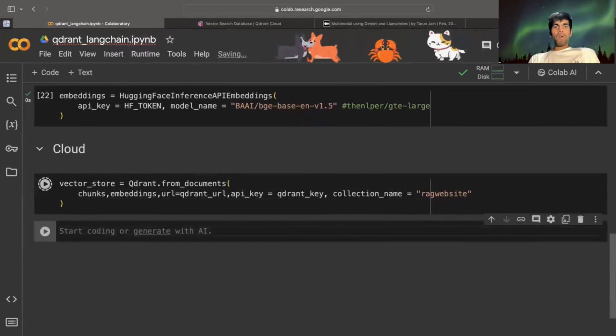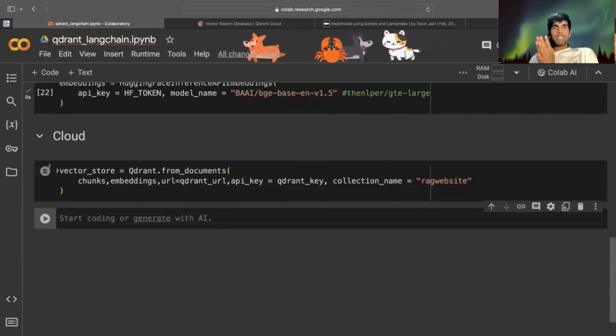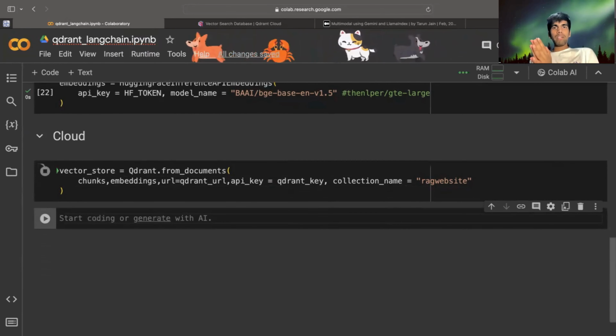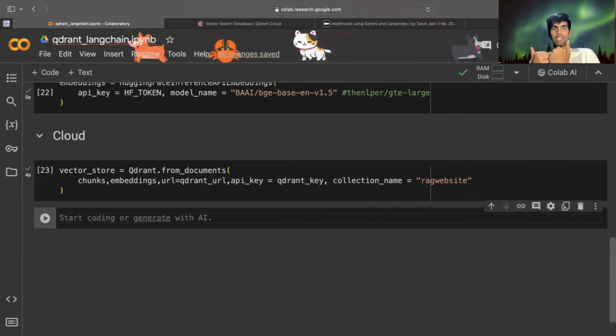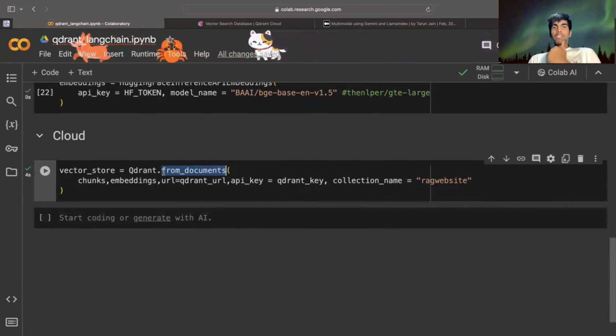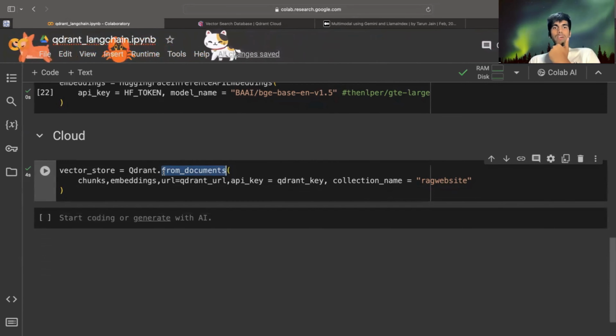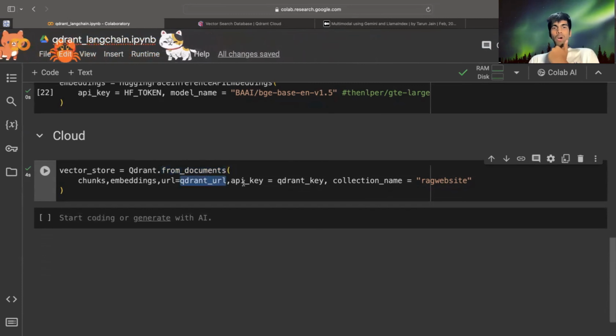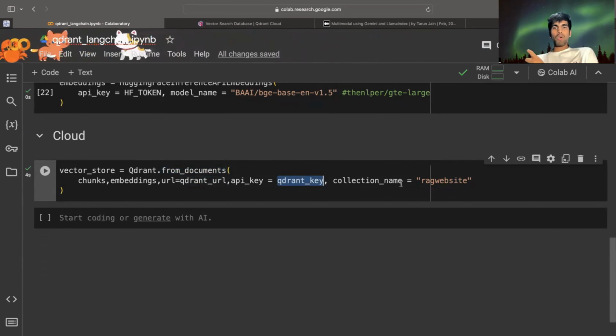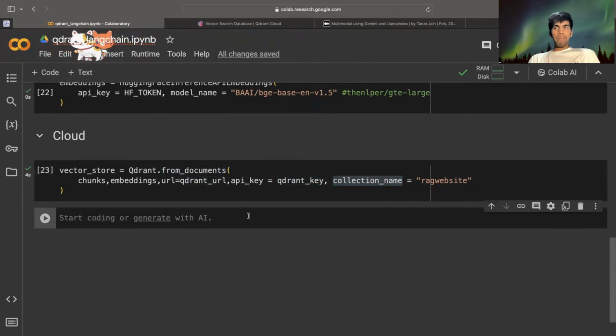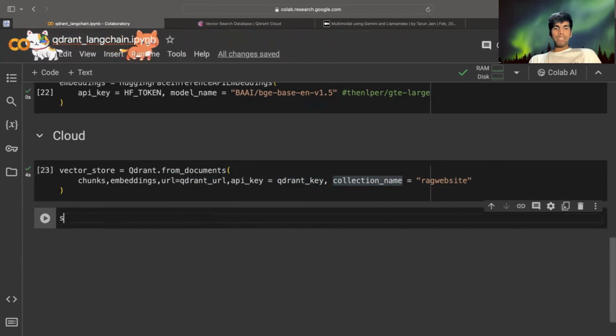This is it. So now what this will do is, it will take all my chunks, create the embeddings of them, and store them in the vector store. This vector store is hosted on Qdrant Cloud. That's where you need to provide the URL and the key of it, followed by a collection name. So now you can do the search technique. I'll do a search. I'll just write